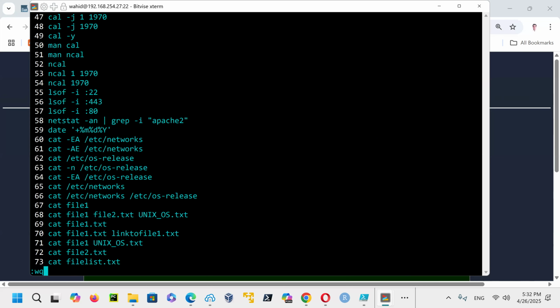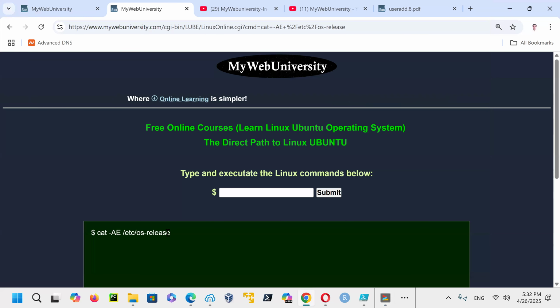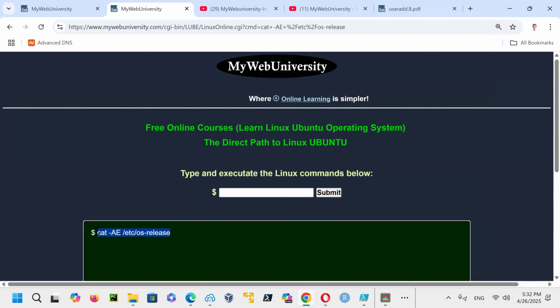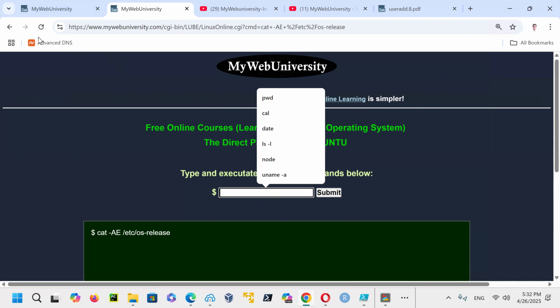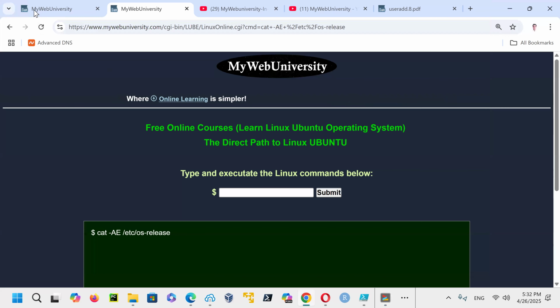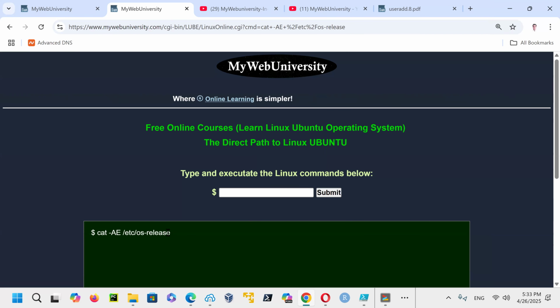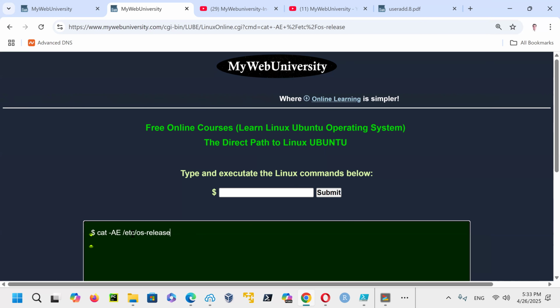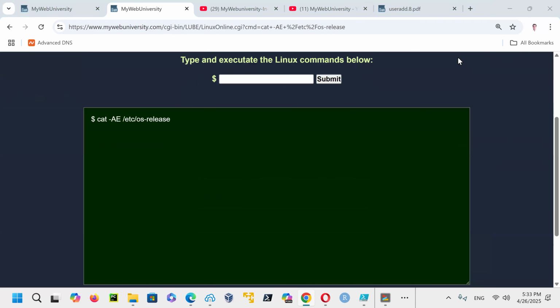So now I just save this one and get out of here, and then I go back here, and notice this command was not giving output. Now it should. So let's see if it does work the way I programmed it. So I'm going to do a refresh because the CGI program has to load, and then say control this and then run it. It still does not work in there. Cat minus AE does not work.